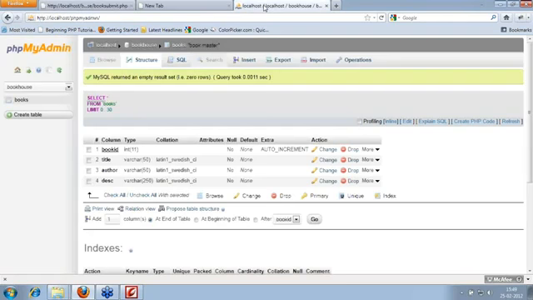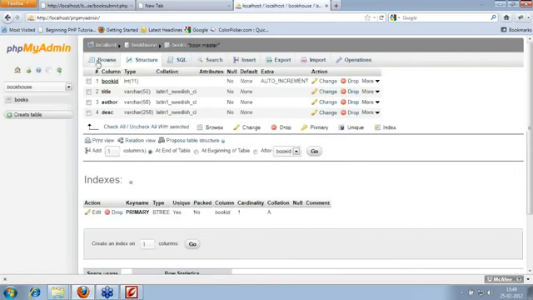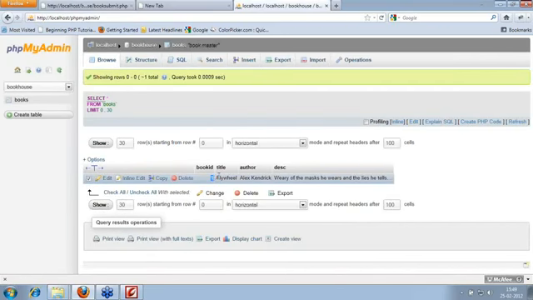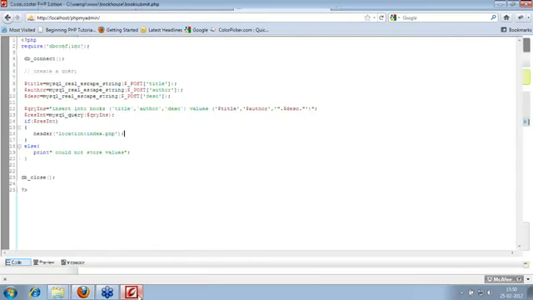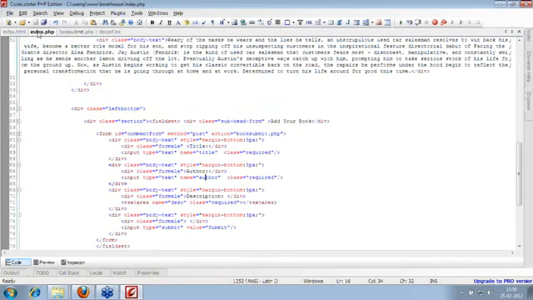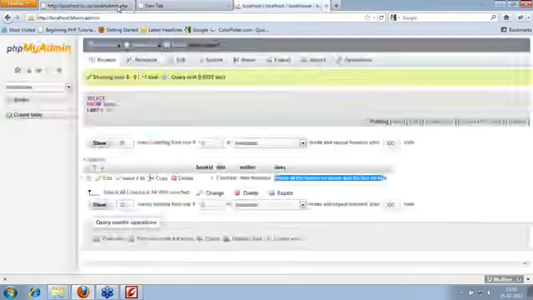So we'll go to our database and I'll say browse my table. Here you can see the book ID 1, flywheel, Alex is the author, and the description is whatever blah blah blah, it has been entered. That means I have successfully connected with the database and inserted the details into the table. Now we'll see how to retrieve. Now that it is stored, we need to retrieve it. Here in my index page, I'll go back to my page.